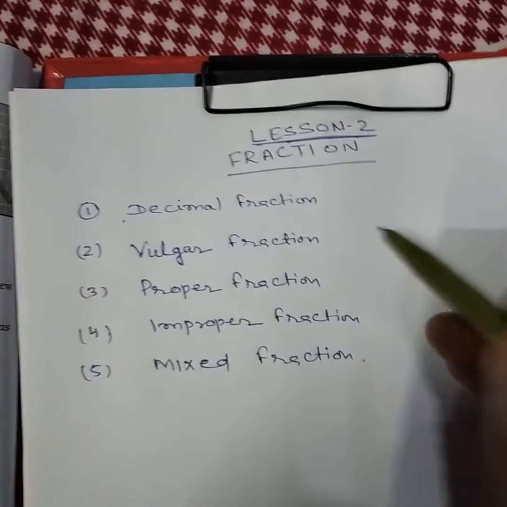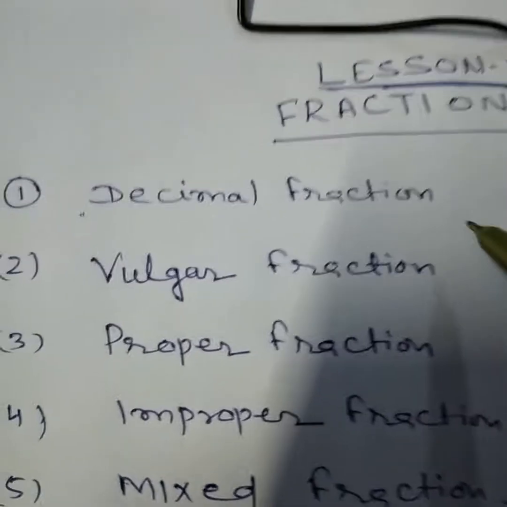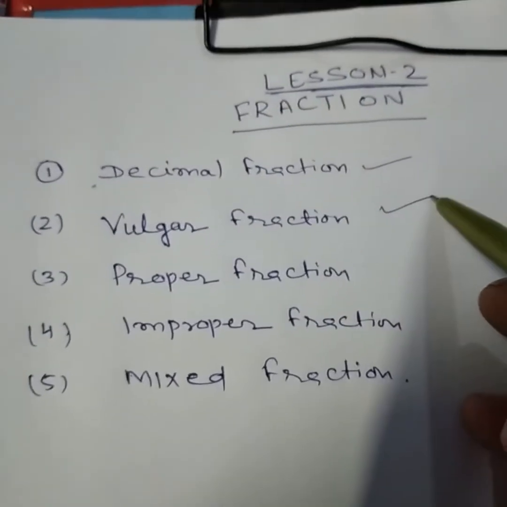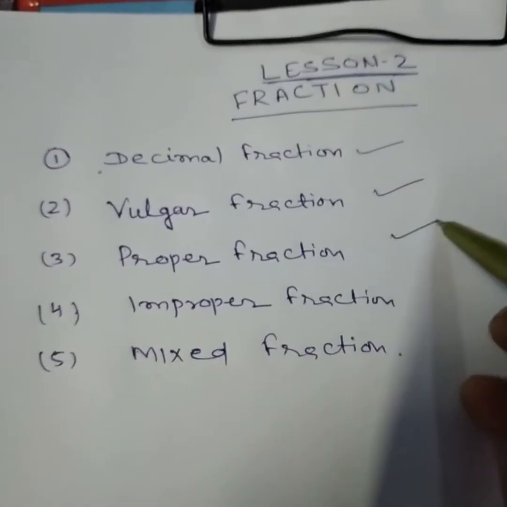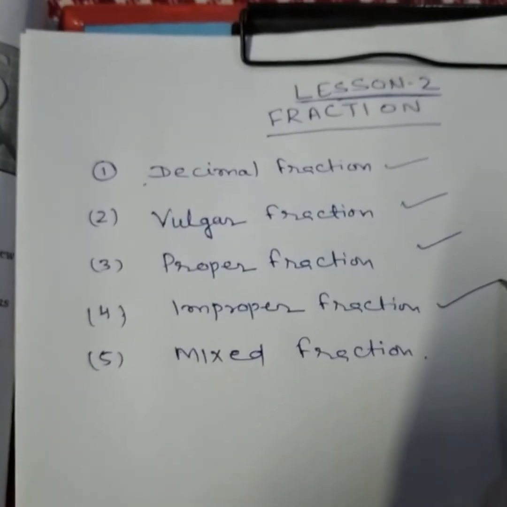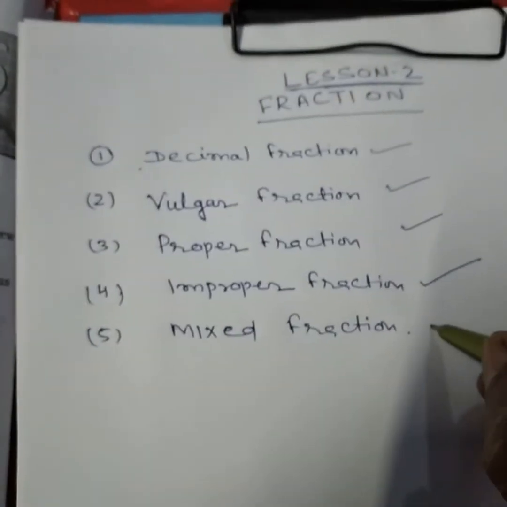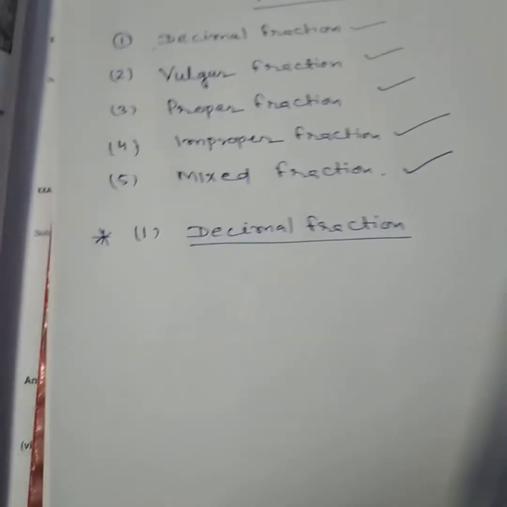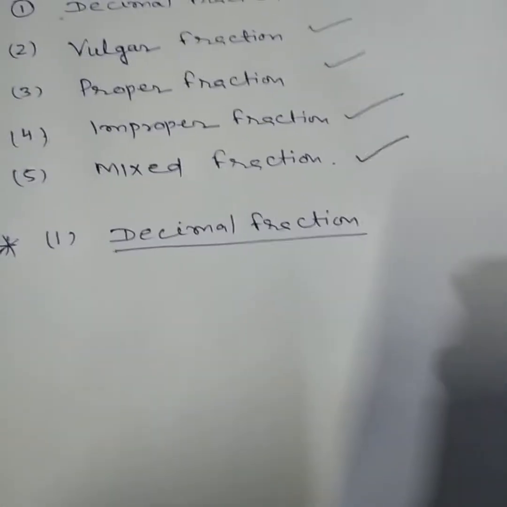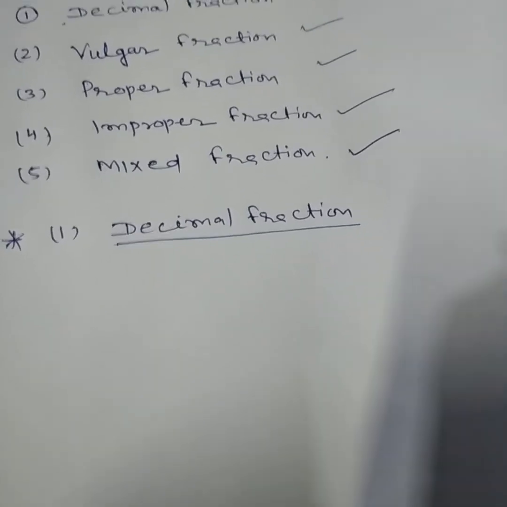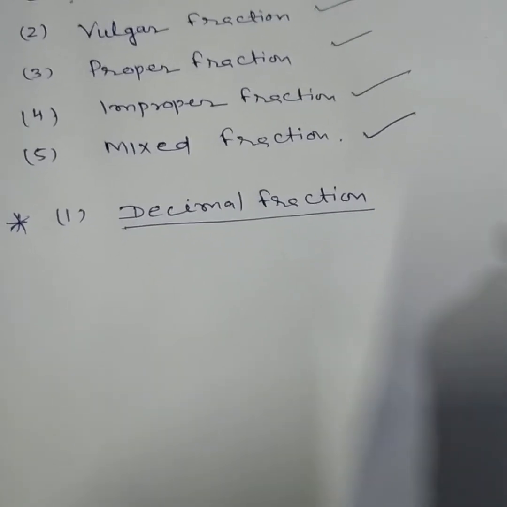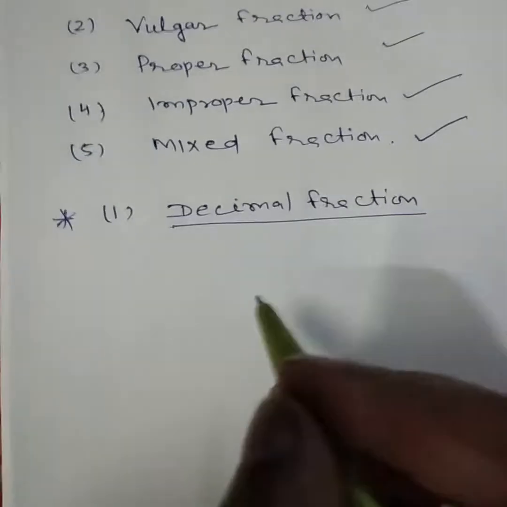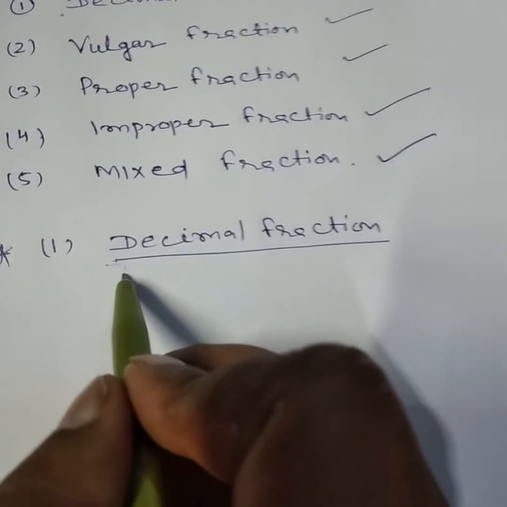Various types of fractions. The first one is decimal fraction, then vulgar fraction, proper fraction, improper fraction, and the fifth one is mixed fraction. First we are going to discuss decimal fractions. Which type of fraction is called a decimal fraction? Children, if we discuss this, suppose